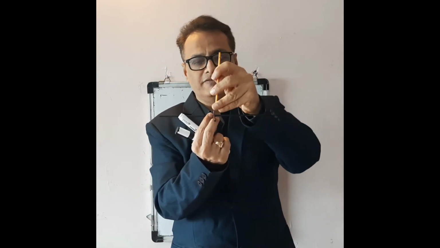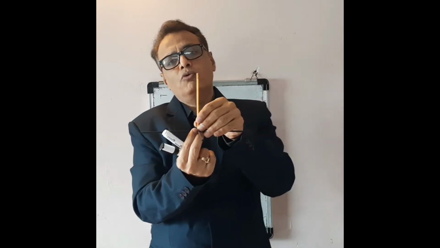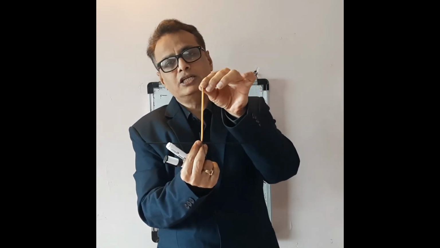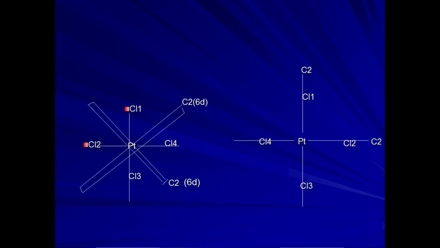This is our PtCl4 molecule. Platinum is placed here, Cl1, Cl2, Cl3 and Cl4. This is a line which passes through platinum and is perpendicular to PtCl4. Now, as we have discussed in proper rotation axis, PtCl4 contains a C4 axis and a C2 axis. In addition to the C4 axis, there are 4 C2 axes in the plane of the molecule. 2 C2 axes pass through opposite Cl atoms. This is Cl1, platinum, Cl3,